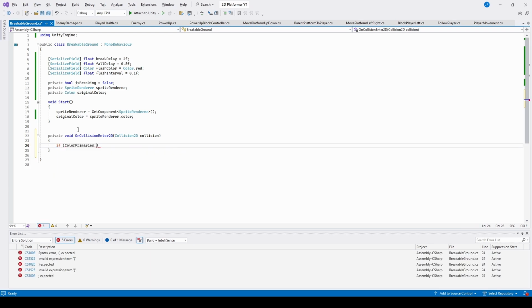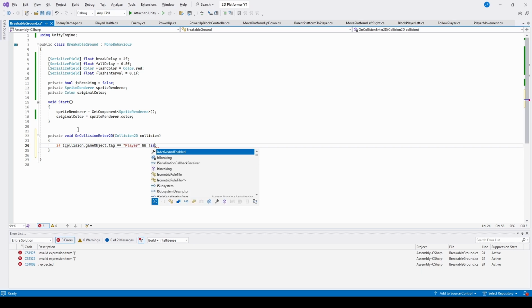So in here, we're going to say if the collision dot game object dot tag equals player, and we also want to say and is not already breaking, so exclamation point is